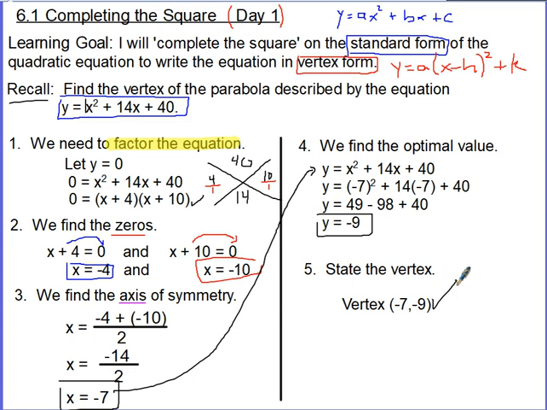That's the vertex. Now this is quite a lengthy process, and if you're wondering, is there an easier way? There is absolutely an easier way, and that's completing the square. Completing the square will bring us from this standard form right into vertex form in just a few lines of math. So before we actually get into there, let's